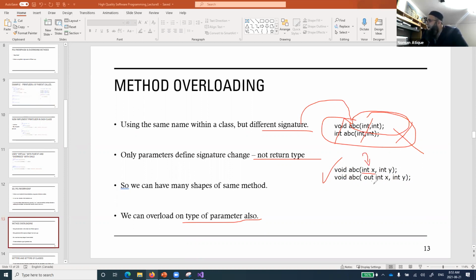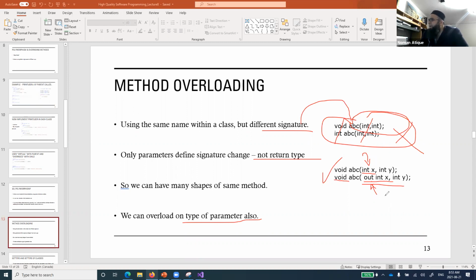Again, we are not talking about the return type. Here we are talking about returning a variable by using the out type. Since the out type comes inside the parameter list, this is right polymorphism, and we can overload a function on the basis of this out parameter.